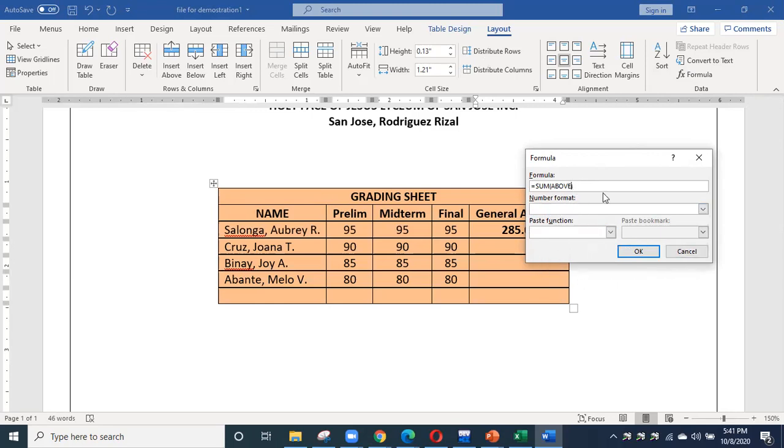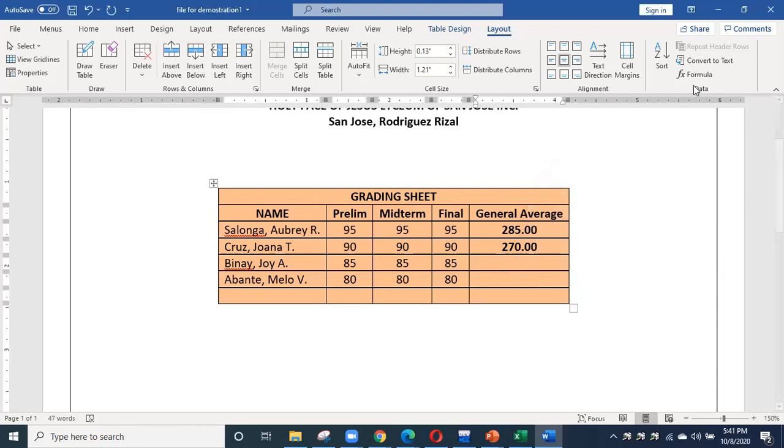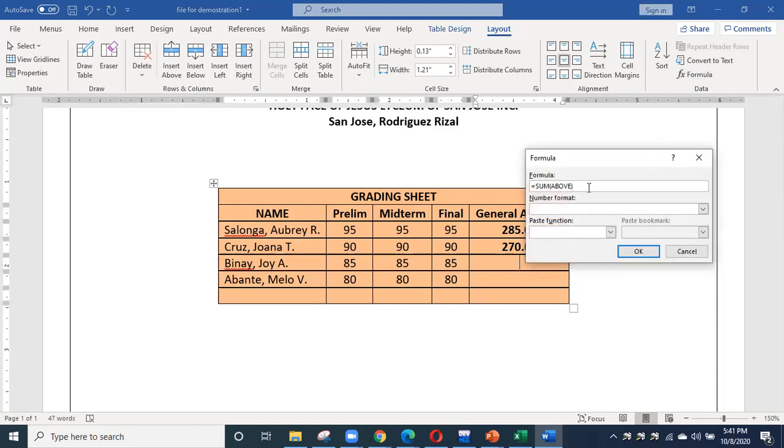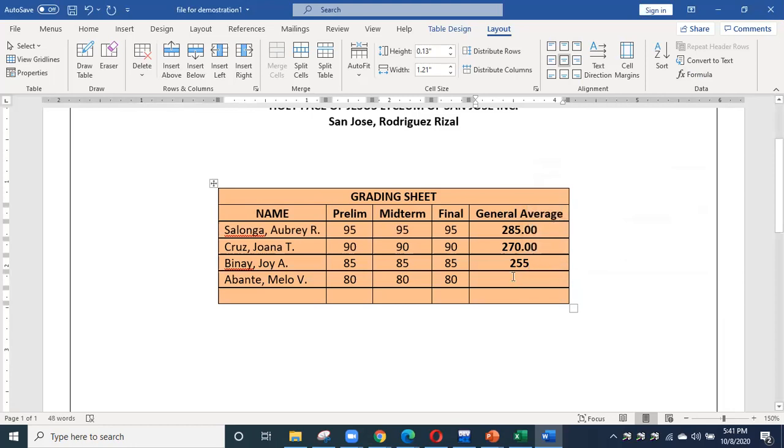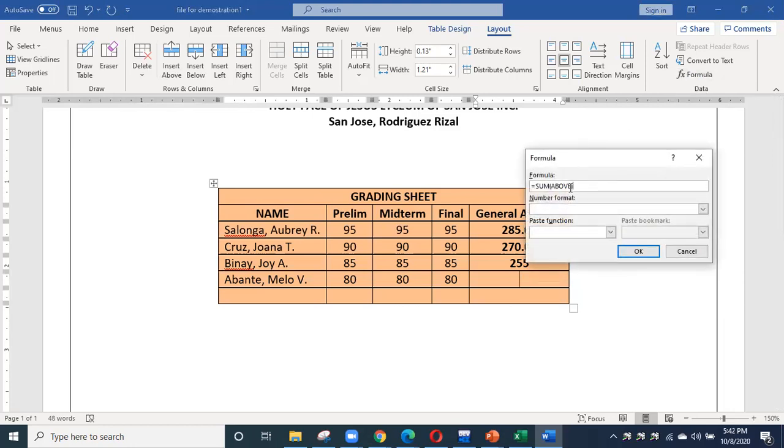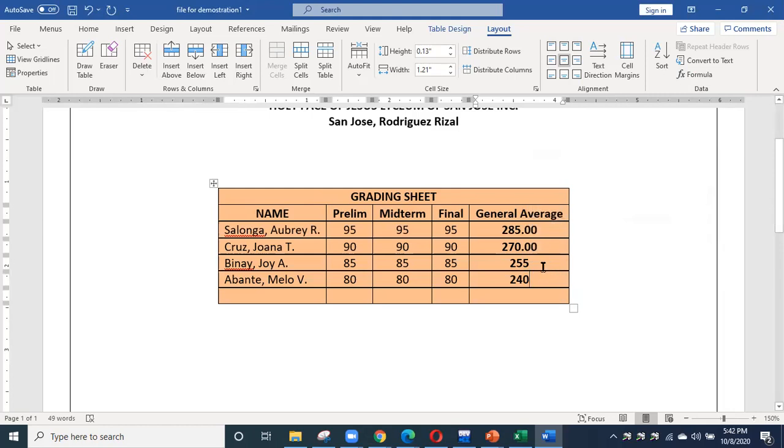Okay, left. I just want to show you first the use of sum. For example, two decimal places, click OK. Same, left again. For example, no decimal places, okay. This one, formula, left. For example, no decimal places. Okay. So this is one way on how we'll be able to get the sum of our inputted value